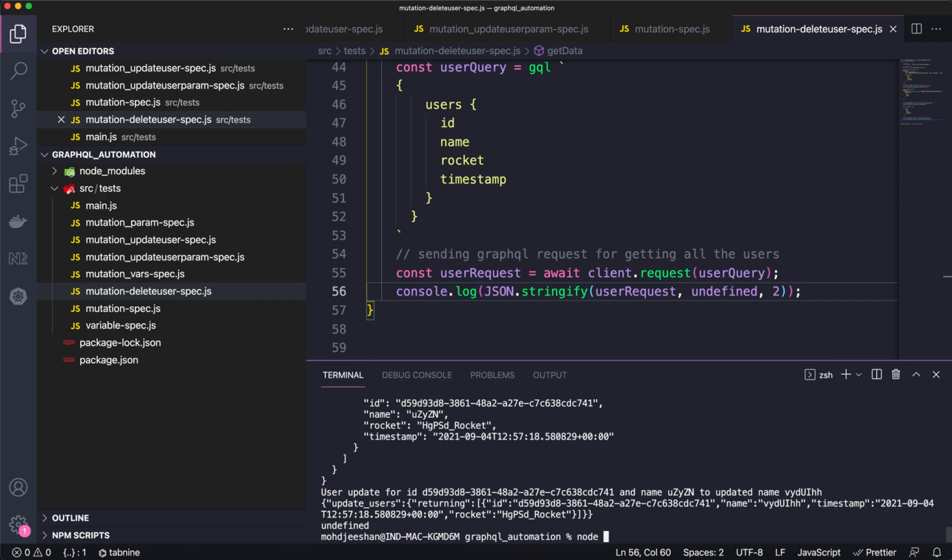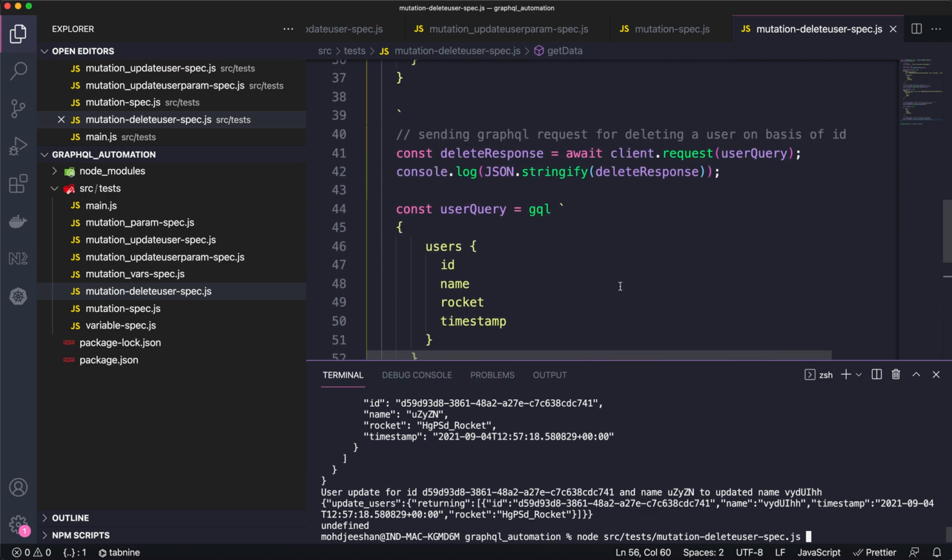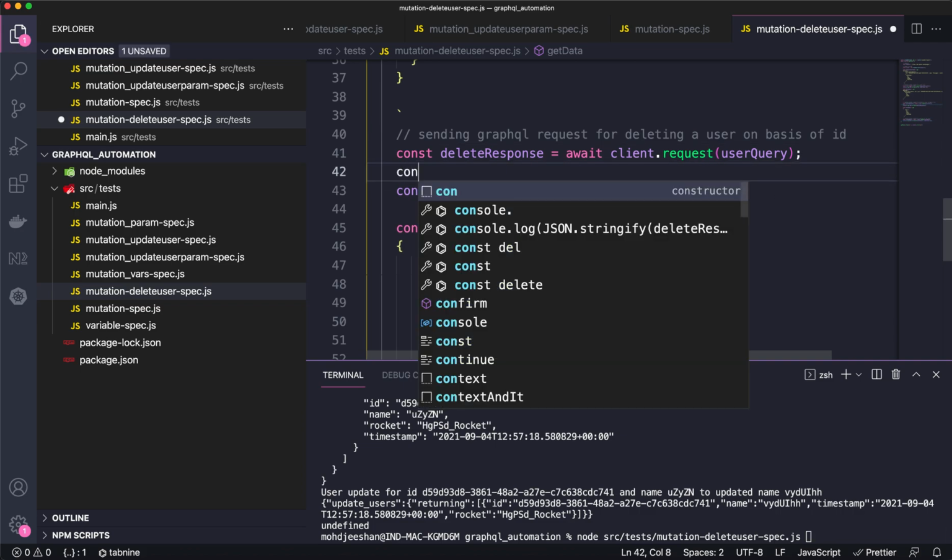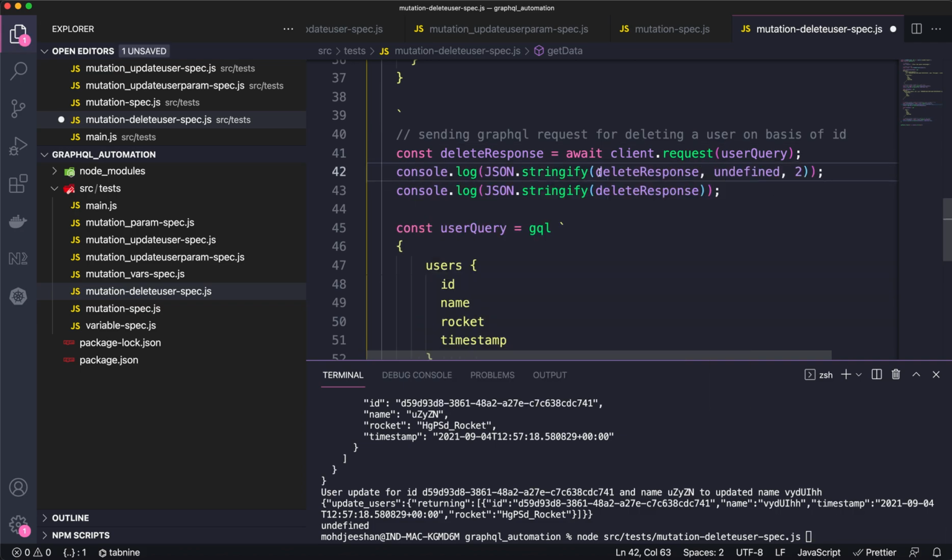So let me execute the code for you now. Say source test mutation and just hyphen delete user spec.js. Pretty much looks good to me. Let me just console.log here.